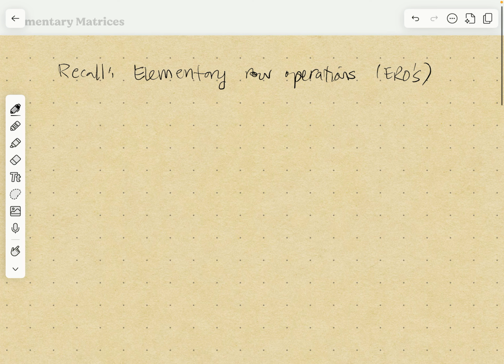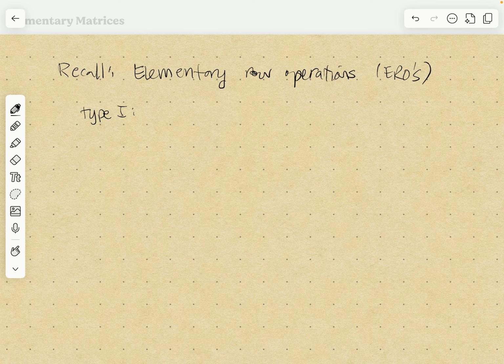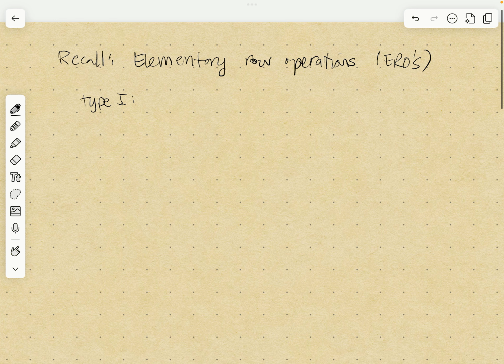So recall the elementary row operations. These are the operations that the Gaussian elimination algorithm consists of to get a matrix into echelon form. So there are three types of them. The first type, by the way, this type 1 is not standard terminology, but it's the terminology that I'll use. So type 1 is to swap two rows,